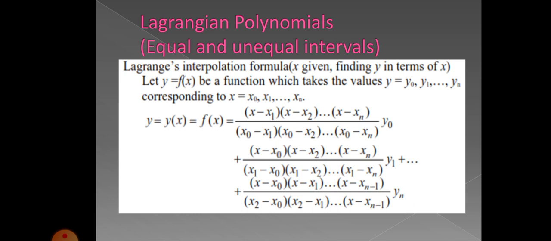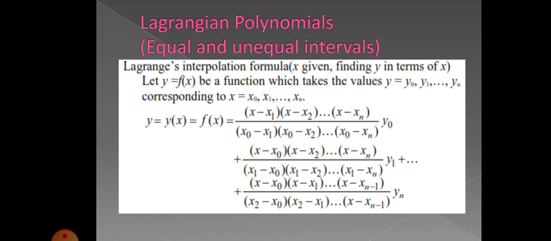But just listen, in the first case they are giving x naught in the denominator: x naught minus x1, x naught minus x2, etc. up to x naught minus xn. See the first numerator value and the denominator value. What is the change there? Only in the first numerator, x has been given. In the denominator the first value has been given as x naught, which will change. The x will remain as it is, but x naught will change from the next step onwards. So first we are using x naught, in the next case you see x1, and in the third case x2. Like that it goes on up to xn minus 1.